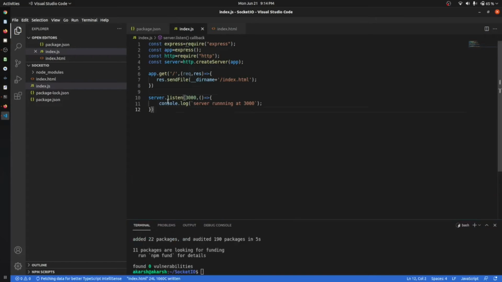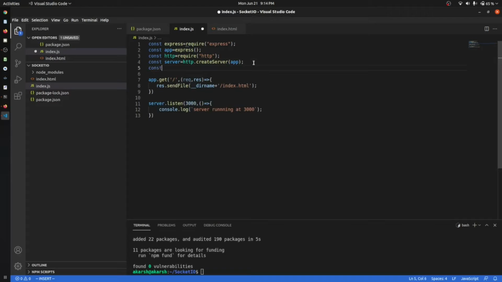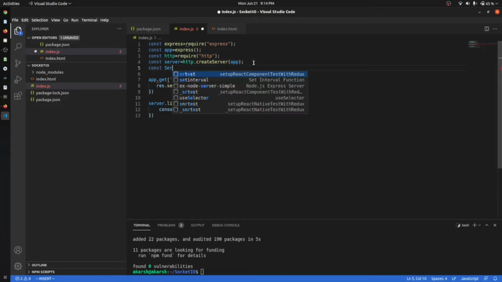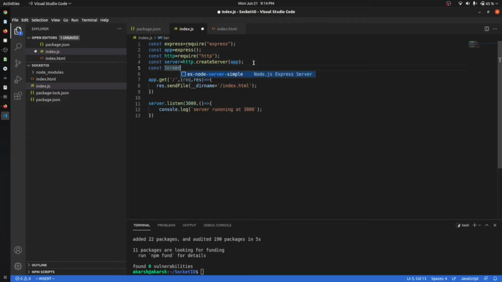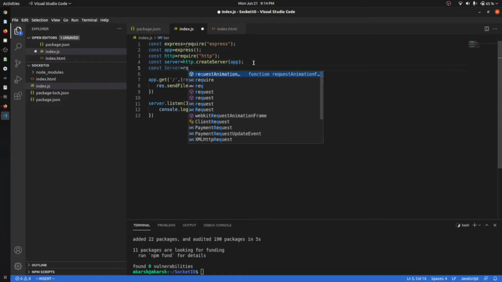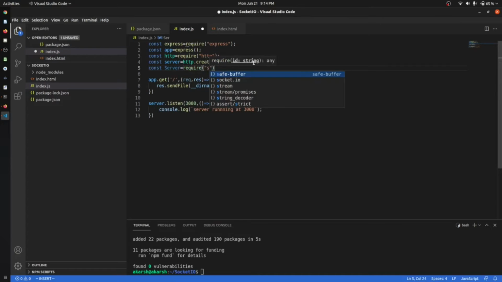We have to include this socket.io in our application. So at this point we will include const server is equal to require socket.io, and we will wrap this whole thing in curly braces.